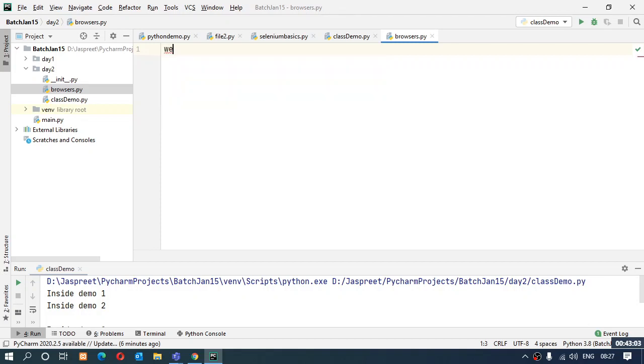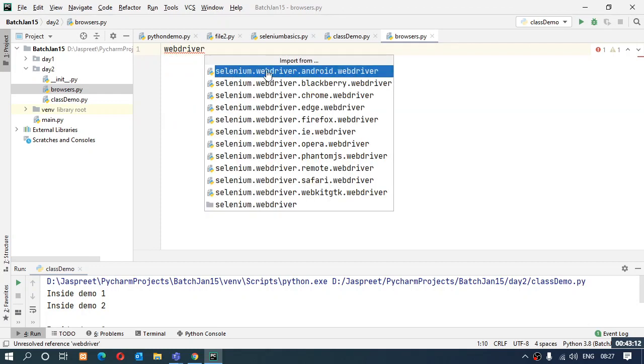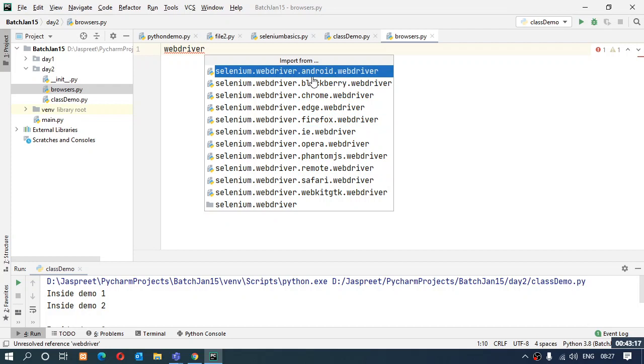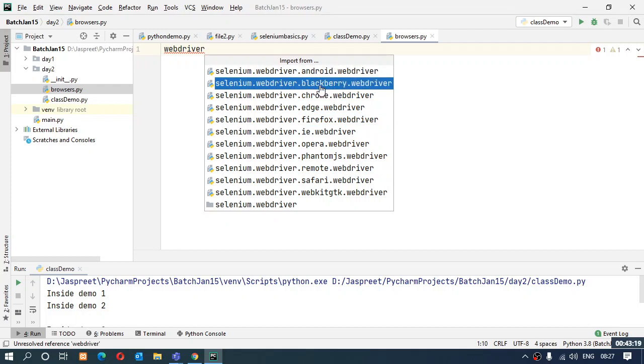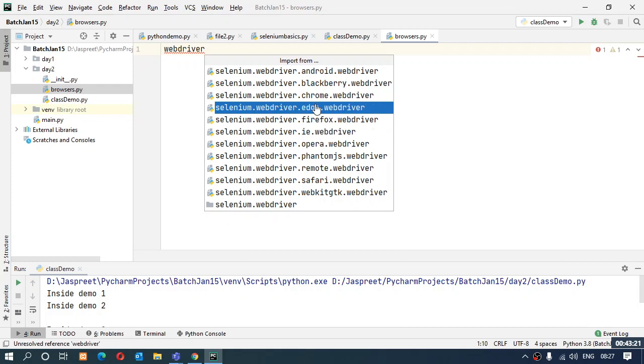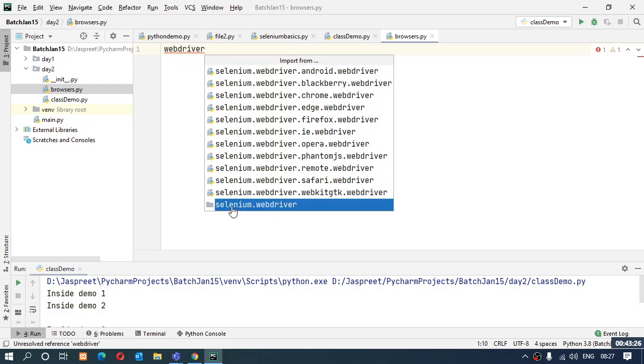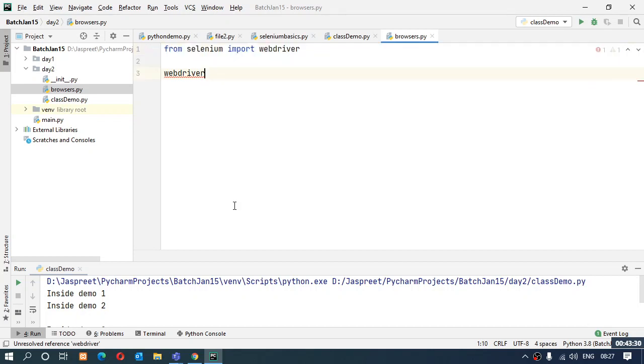WebDriver class, first of all I have to make the object of my WebDriver class. Right, it's asking me to import it, so I have to import Selenium here. Here a list will be coming up. You can see the list of packages here, from Android package, from BlackBerry, Chrome. Likewise packages are coming. You don't have to specify any package, you just need to install this package, that is selenium.webdriver. Once it's done, your WebDriver will be ready.